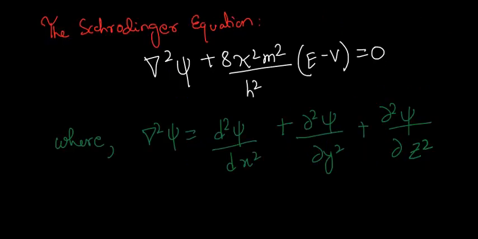Now, from a previous video on the Schrödinger equation, we had derived the following equation. Over here, nabla square psi is nothing but d square psi by dx square plus d square psi by dy square plus d square psi by dz square. Now, we will be changing this equation into polar coordinates. Thus, nabla square psi becomes